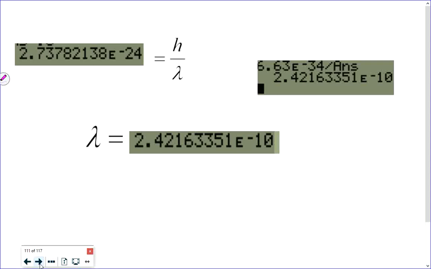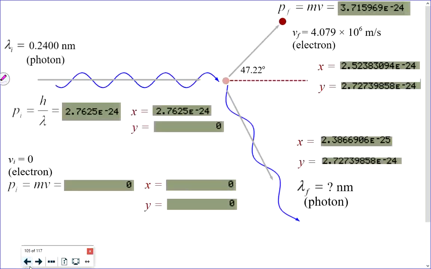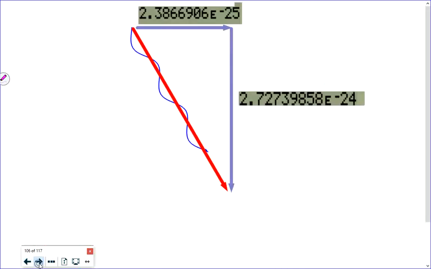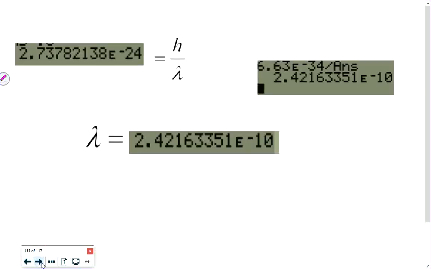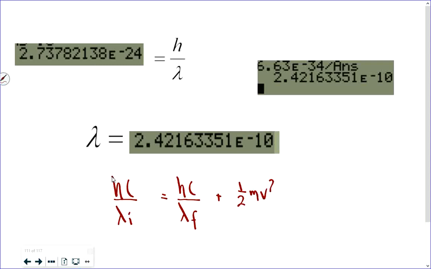Now, let's put aside for a minute the fact that we're not getting the exact same answer that we got yesterday. Okay? I'll explain why we don't get the exact same answer in a bit. But when we used conservation of energy, which, I mean, think about what conservation of energy involved. Probably be easier for me to just write this. When we used conservation of energy, which was hc over lambda before equals hc over lambda afterwards plus 1/2 mv squared, we got the same